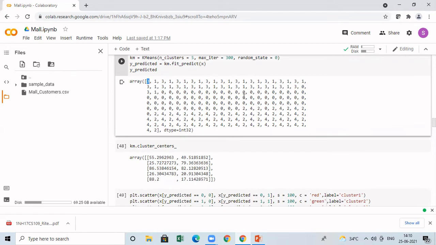If you see here, the numbers are from 0 to 4. That means we have created totally 5 clusters. So if I want to find out which are all the objects in the first cluster, wherever you have 0, you identify all the objects. They all belong to one cluster. And wherever you have 1, they all belong to the second cluster, and so on. So we are getting clearly from here that 5 clusters are created.